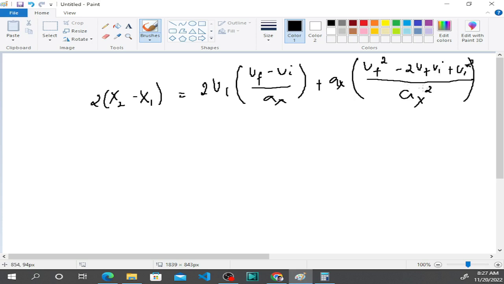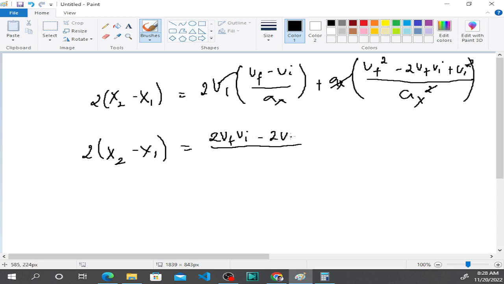Okay, so simplify this one. We'll cancel this out, and then we arrive at 2(x₂ − x₁) is equal to, we distribute, 2 v_f v_i. Because it's a fraction, I'm going to write a fraction for that: 2 v_f v_i minus 2 v_i² all over a_x. Okay, so plus this one,